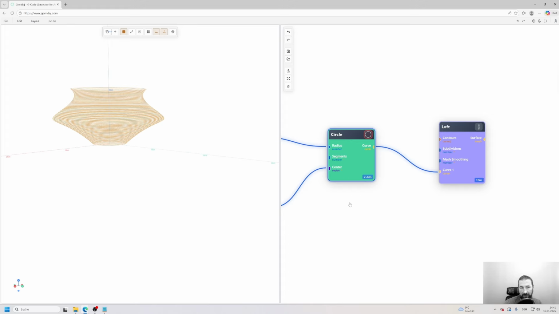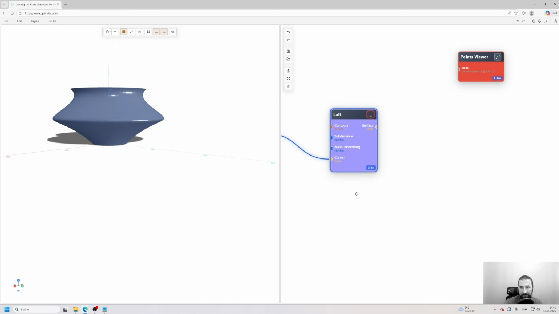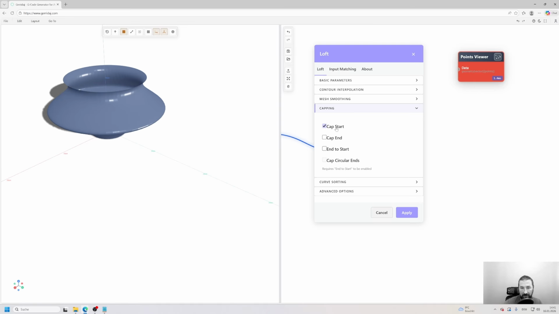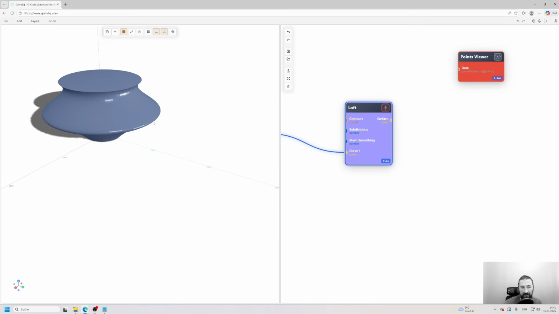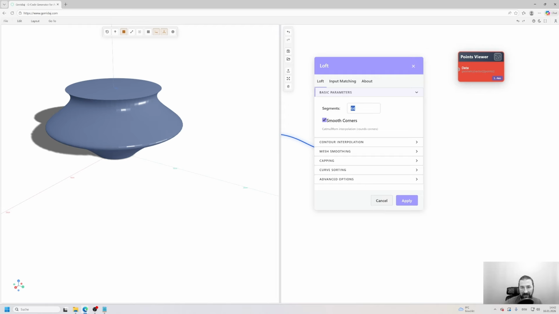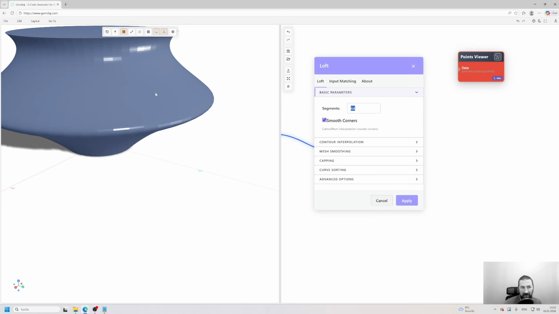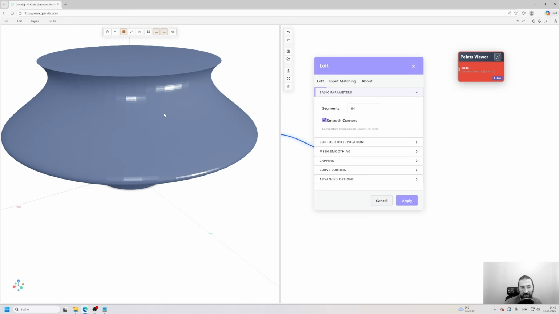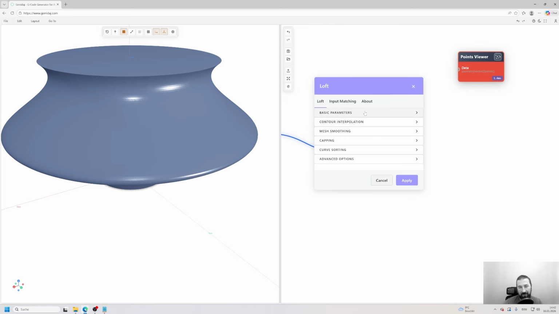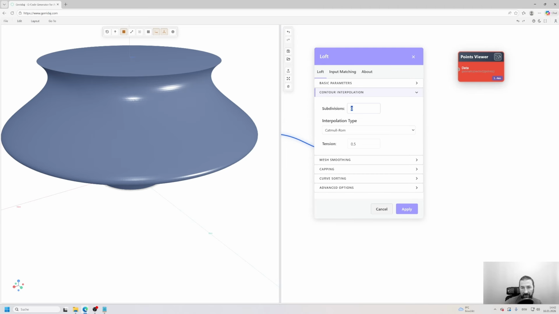So in order to avoid it, you need a spiralize node, which is going constantly a little bit higher at each point, avoiding a seam. So that you can do with the loft here. Loft gives you a couple of options. So you can close the shape, so it's kind of a closed surface in this case. You can increase the number of segments of the loft, because you see it's quite low resolution here. In order to improve that, you just increase the number of triangles used by the loft, and also you can do some interpolation, adding more curves,